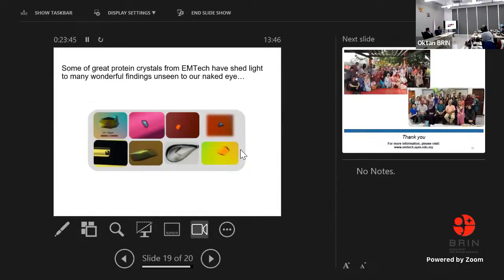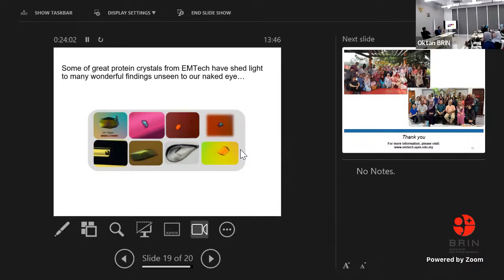All right. Beyond that, more and more crystals were produced in our lab. Some crystals for me are very nice, wonderful, nice looking crystals. I hope you can appreciate the photo very well. So we took them under polarized light. At a certain angle, the protein will exhibit colorful images.